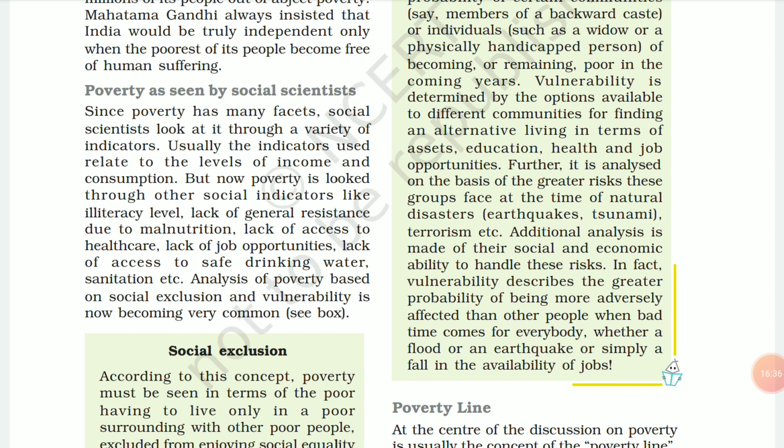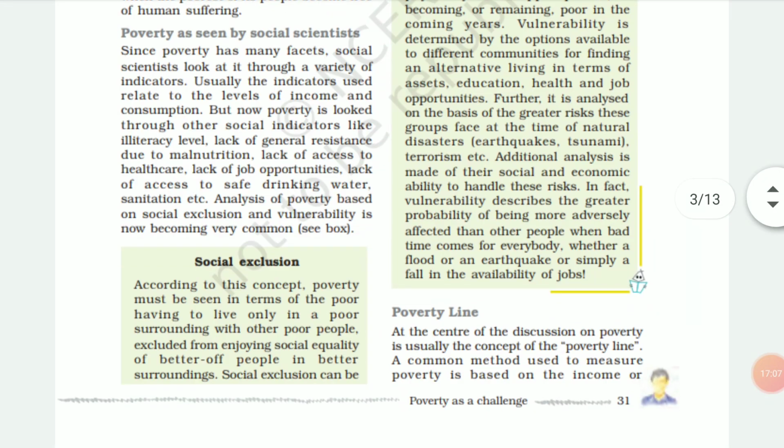So social exclusion also, society में भी हम poor people को ज़्यादा discriminate करते हैं. We see them as being inferior. And since we see them as inferior, automatically these people become more vulnerable, more approachable to being under the poverty line, being in a pauperized situation. So poverty is not only not having money, but apart from that, they do not even have respect in the society. About social exclusion, we'll be reading in the next topic.